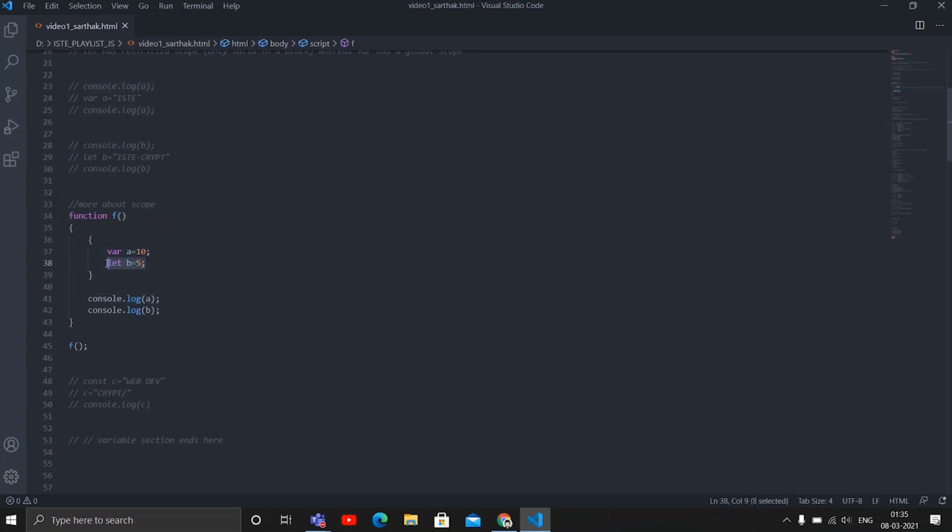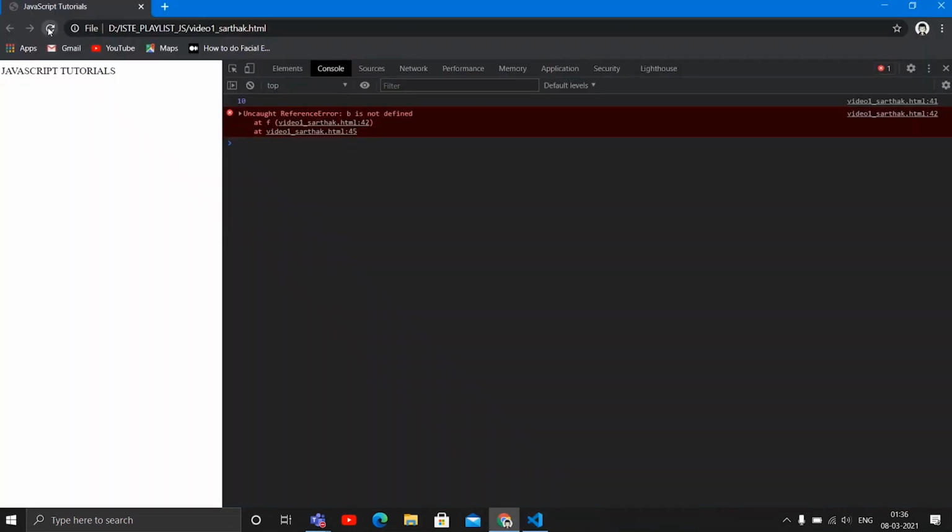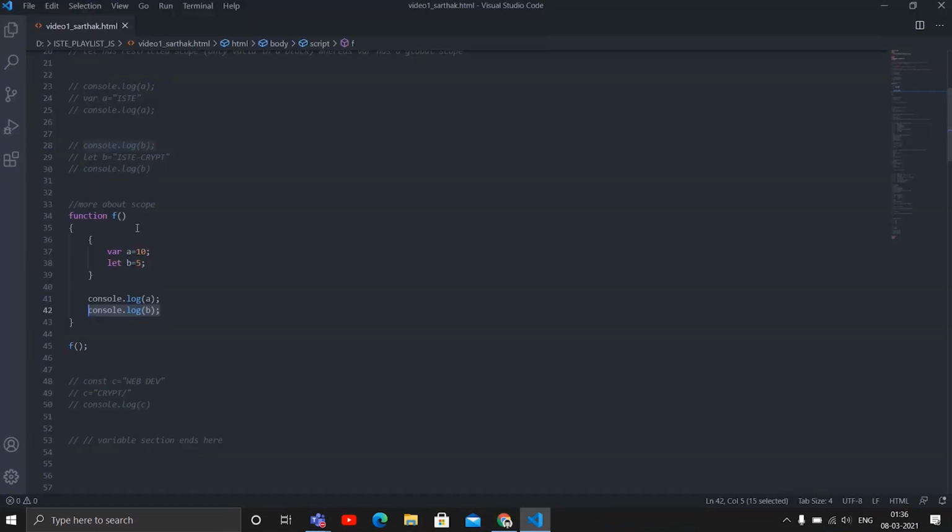But since b has a local scope, beyond these curly braces we won't be getting any output from this. Instead, we'll be getting some error. So let's see. Yeah, you can see the value of a is printed, but b is not defined, since the scope of b was local.